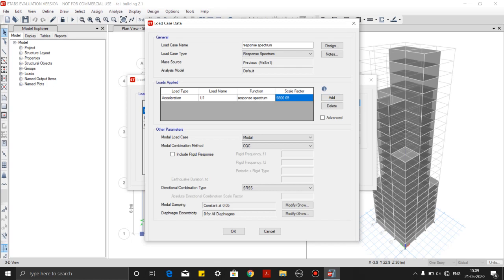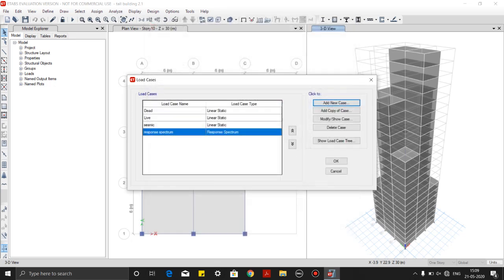As per the calculation according to IS code, we have the scale factor is equals to 1663.5. Click on add, select U2, response spectrum and again enter the same value 1663.5. Click on OK.